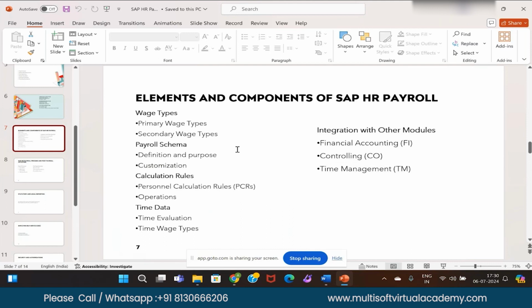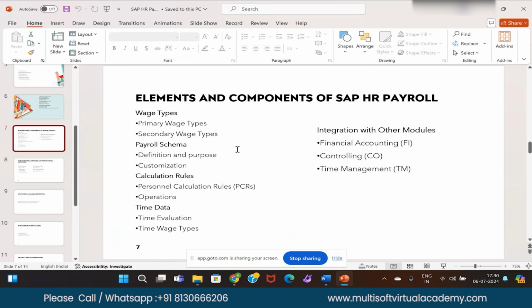First are primary wage types. First I will explain and then I will log in to the system and show you. Primary wage types are the wage types that you can see in the info type 8. I will explain what info types are also. Info types are nothing but the information system, the information details. Like we have the HR personnel file for every employee, similarly the info types will contain the data of that particular employee. I will log in and it will be clearer to you.